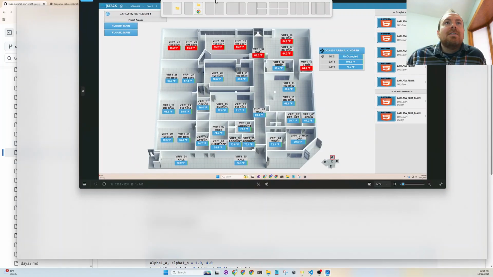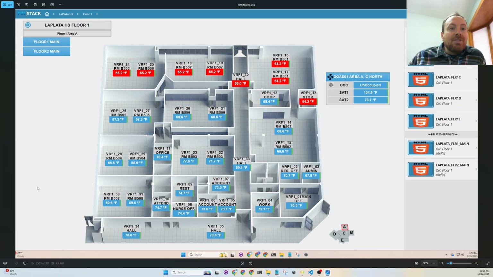I could kind of define this. So this is actually a large high school in the winter in Wisconsin. What you're seeing is section A of the school. These are all interior zones of the building, and then this is the exterior wall over here. On this wall, who knows, maybe it's a north wall or something,